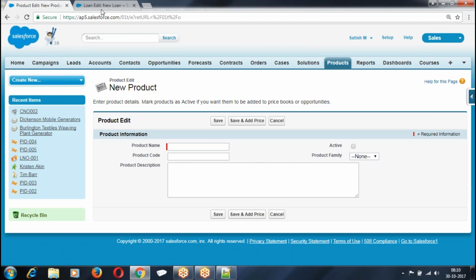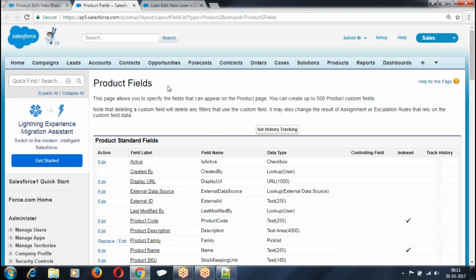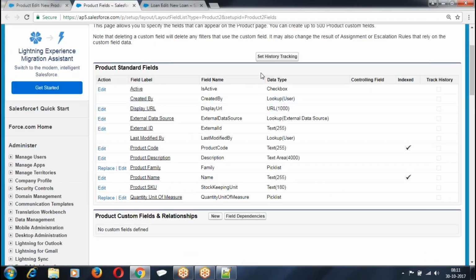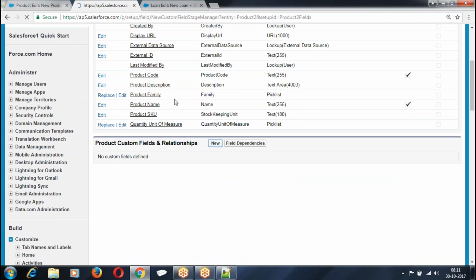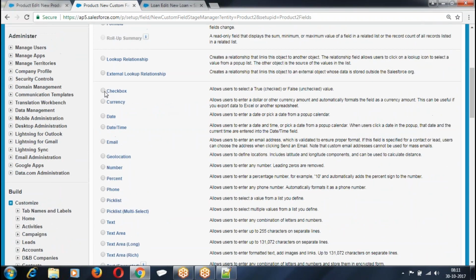Then we want some extra fields. What are the extra fields you want? Is it a cashback or is it a shopping cart? So I want to add new things. New. I want to give checkbox.